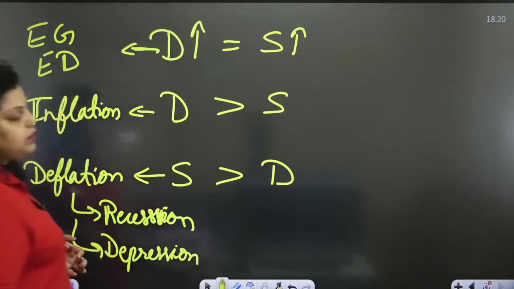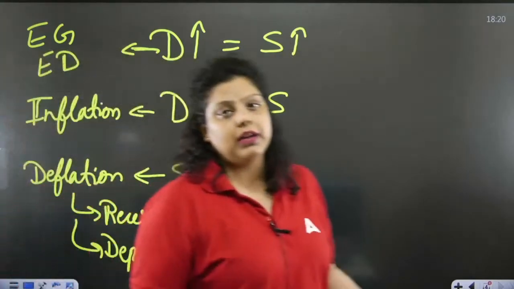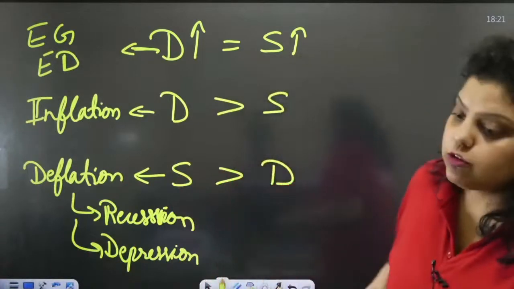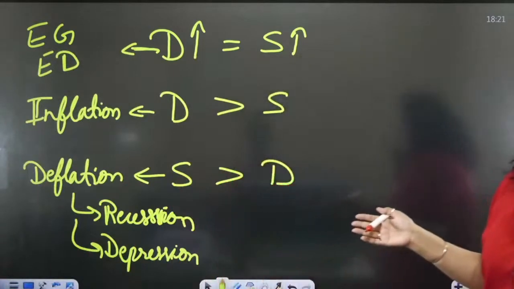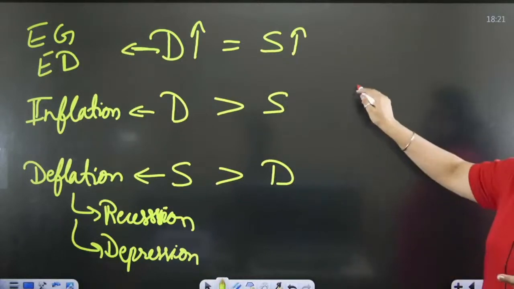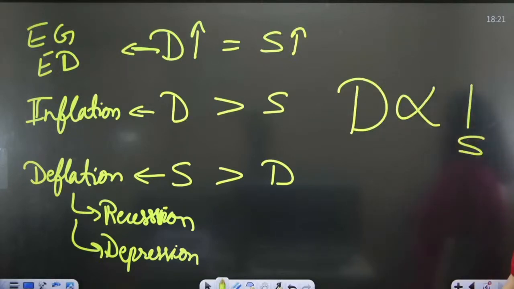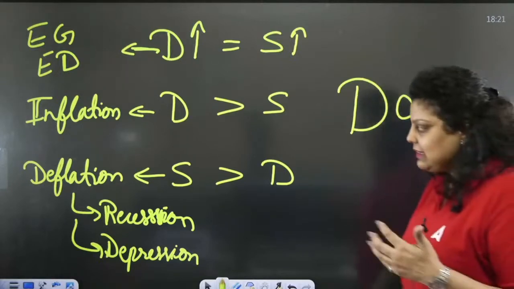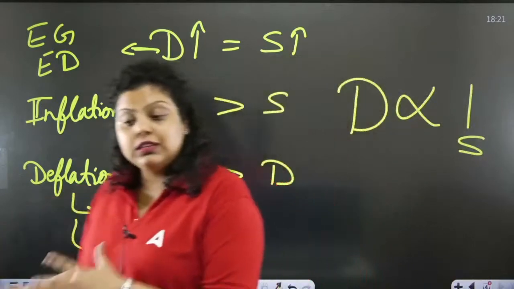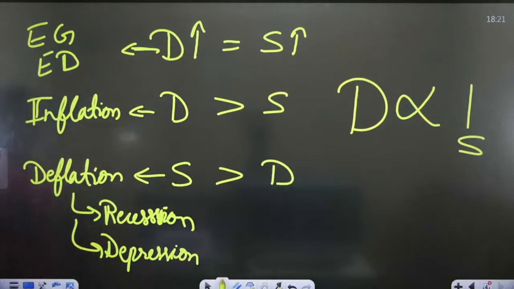These kinds of conditions can be seen because I have already told you the economy depends on demand and supply. That is the relation between demand and supply: they will always be inverse to each other. If demand is increasing, supply will reduce, and if supply is reducing, demand will increase. It means vice versa; both are possible.